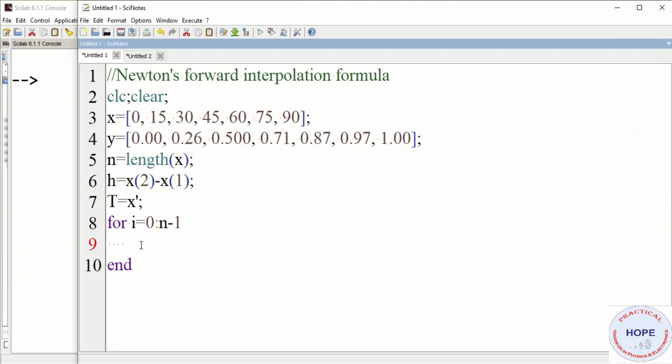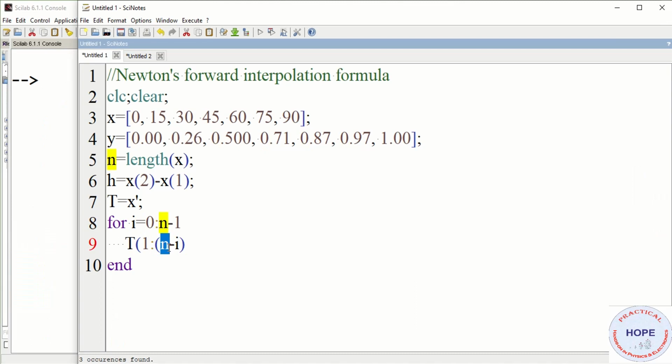Now we can calculate the forward difference table. So in T, the number of rows will vary from 1 till n minus i. When i is 0, the number of rows will be 1 to n, so we'll get all the rows. Because for i equal to 0, we are going to get the values of y. For i equal to 1, we are going to get the values of delta y. Then this n minus i will be n minus 1.